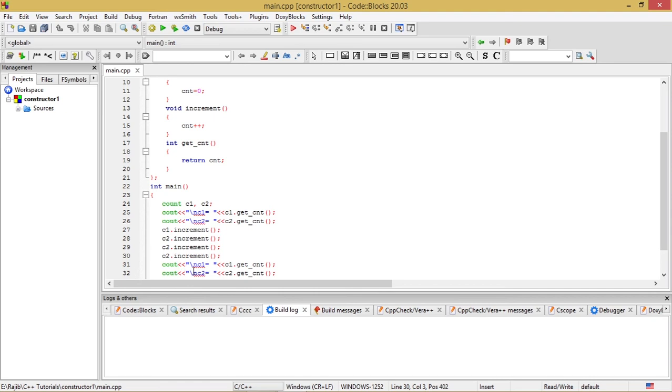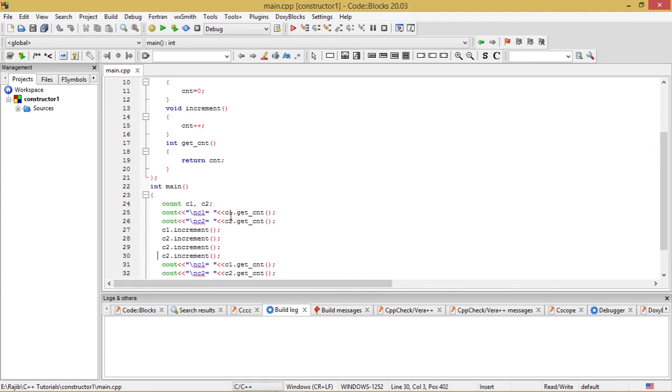And after that, I have printed C1.get_CNT, which will definitely print the current or updated value of CNT for the C1 object, and this C2.get_CNT will obviously print the value of the variable CNT in the C2 object. So we can expect the output to be like this.